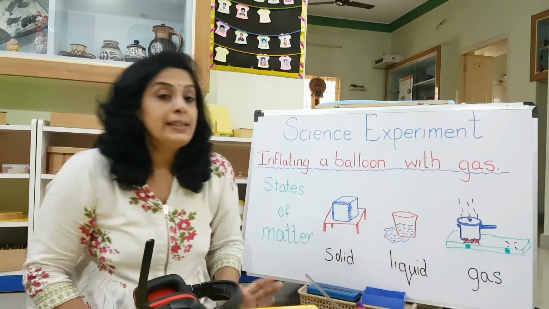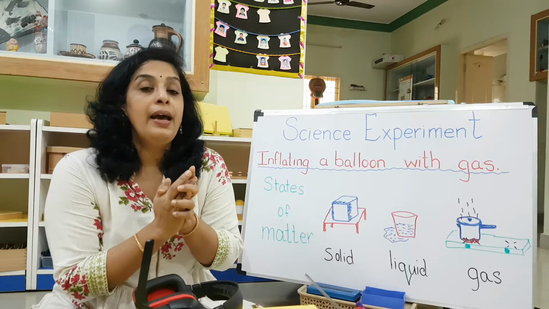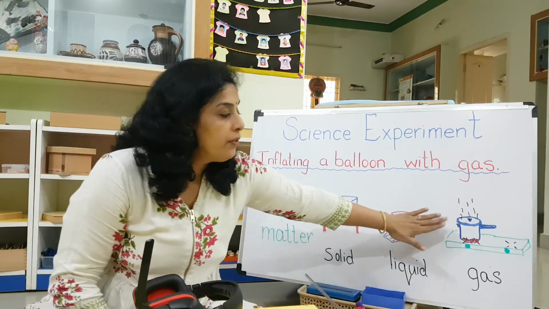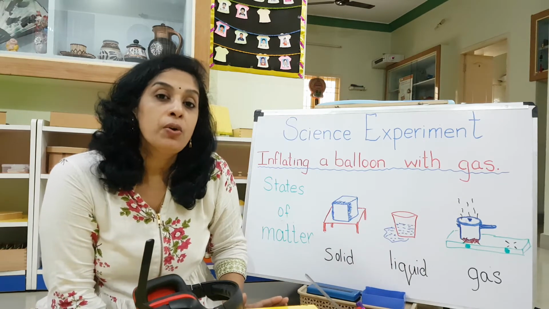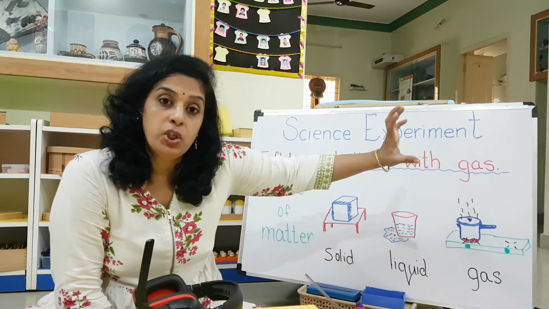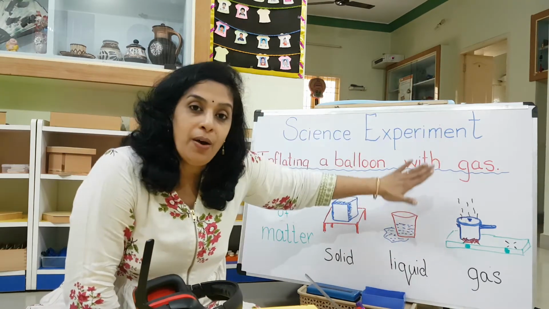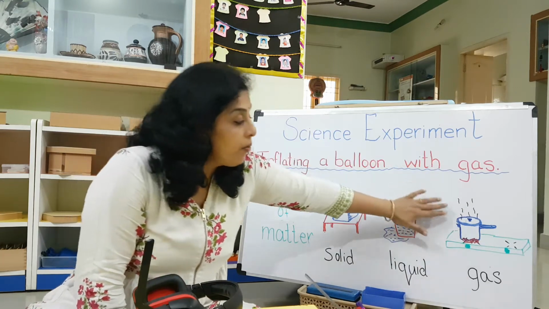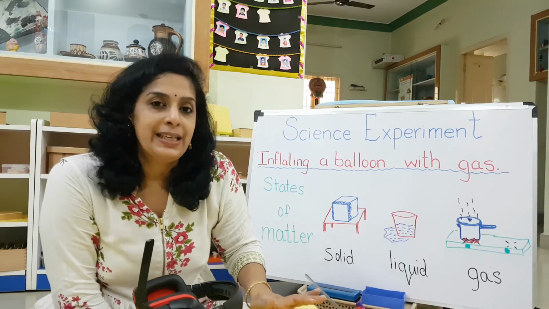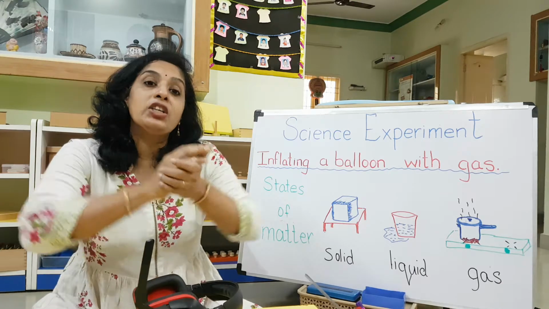Third one, gas is like adu pidikavum mudiyadu. Okay, and it will not stay in a place also. For example, you've seen mummy using the cooker in the kitchen. So when the whistle blows, when the whistle goes right in the cooker, you see the steam coming out. சத்தமும் கேட்கும், ஆனா உங்களுக்கு அதில இருந்து ஒரு காத்து போறது தெரியும் இல்லையா? That is the gas state. Can you catch it? No.